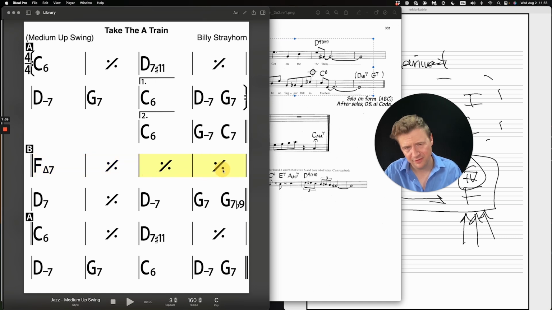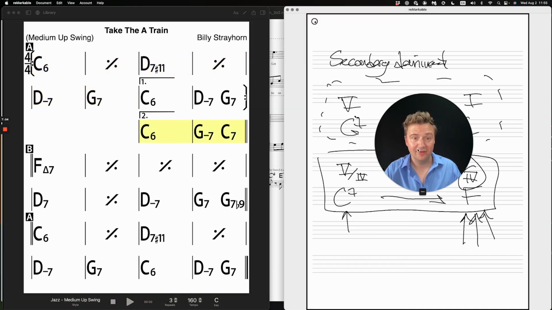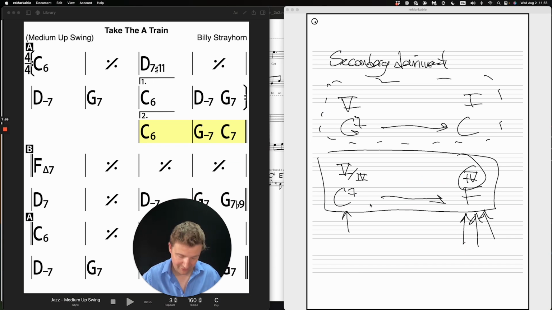I've heard versions of slightly different changes here. You can add diminished passing stuff and whatever, part of the arrangement. Good. See, this lead sheet is really clear. This is the first, and then the second time around we go here, but we go there. And instead of doing just a C7, like I put on that screen, see how instead of doing F is our target,